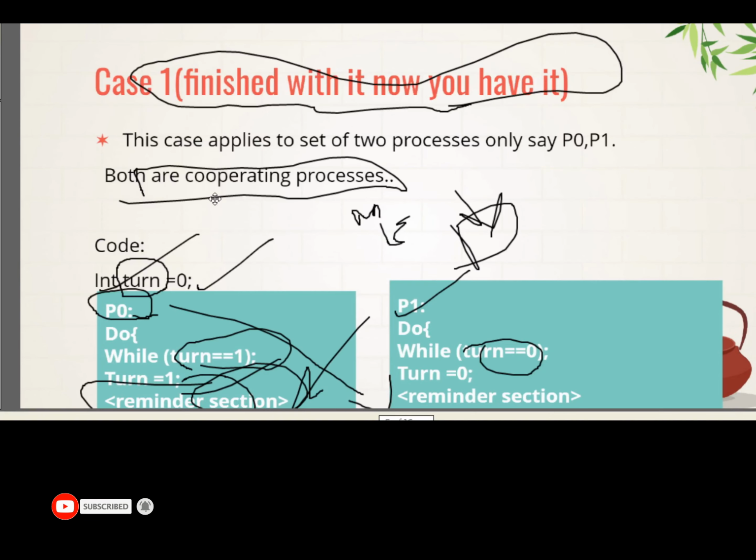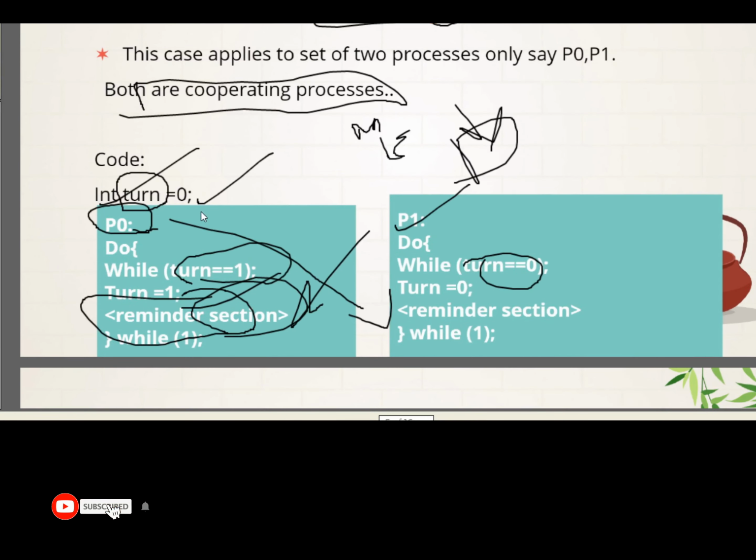Now here, see how progress and waiting happen in this way. There can be two conditions. First one is, we will set the turn value to 0, and again and again we will set the value of turn equal to 1. So if turn is set to 0, then P naught will enter its critical section immediately. Otherwise, if turn is equal to 1, it indicates that P1 is entering its critical section.